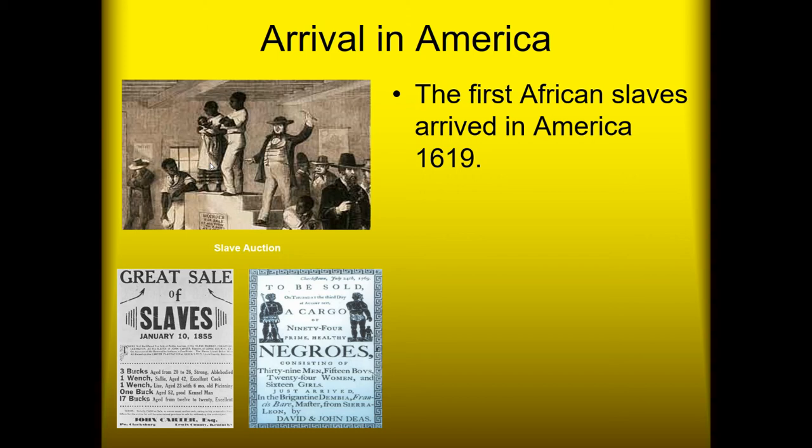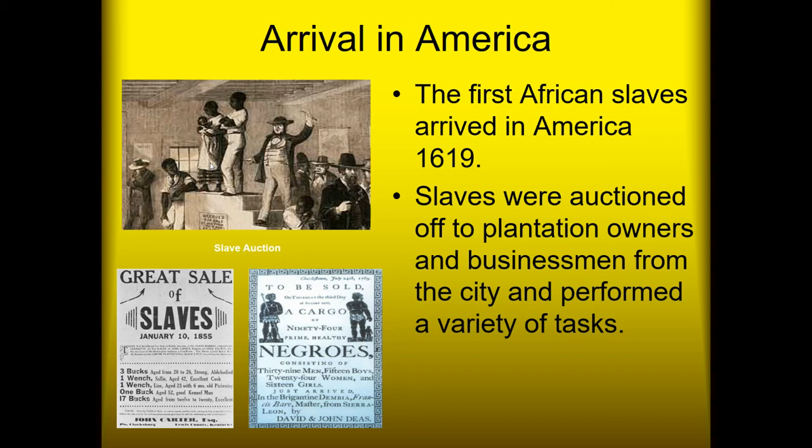The first African slaves arrive in 1619. They are at first treated as indentured servants, meaning they're working on a contract. But once they abolish indentured servitude in the New World, slavery becomes a racial type of institution, meaning that Black Americans were the enslaved people. And it also becomes generational because in 1802, they're going to outlaw the slave trade, meaning you cannot import new slaves from Africa. So the way to get slaves after that is to,